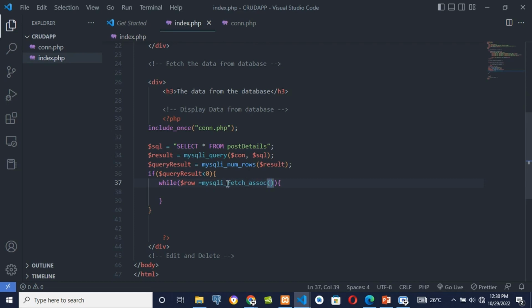Okay, MySQLi underscore fetch assoc from the query result, right? Okay, so